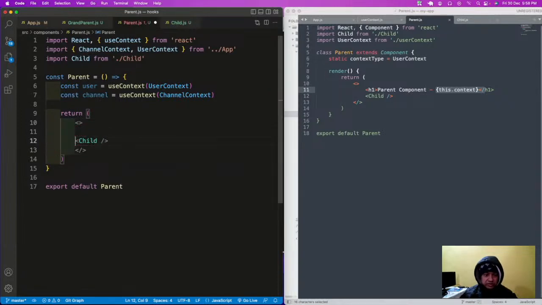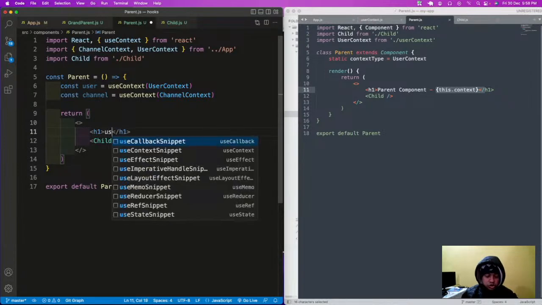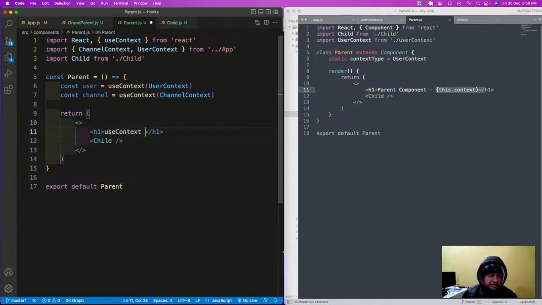I will make a segment, and then I will use an H1. useContext is